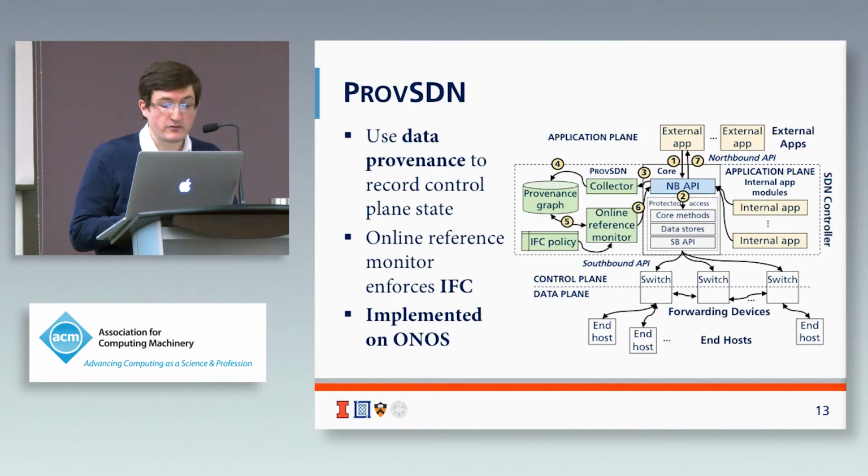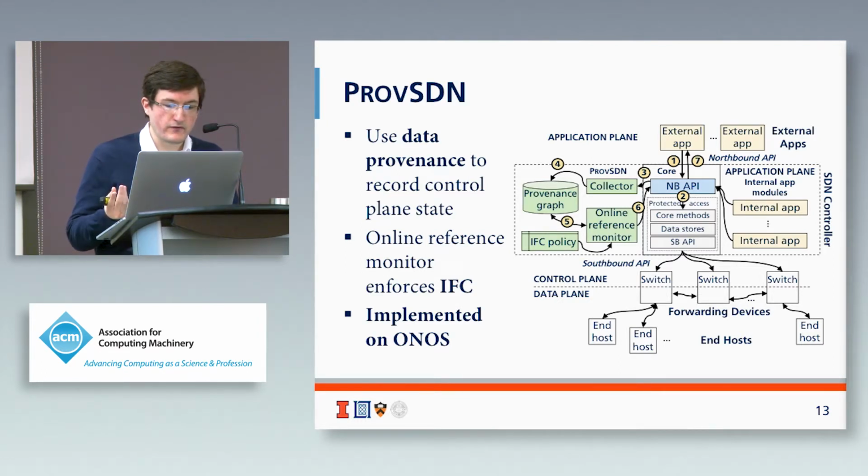To be able to implement information flow control, we implement a very simple model that has floating object labels and fixed app labels. So we assign different integrity labels to the various applications depending on what levels of integrity we assume that these applications have. And then as these apps read and write different data objects, those inherit the integrity labels that the applications have. The reason that we use provenance in this case is that it makes it very amenable to quickly search for determining what an object's integrity label is, essentially its path connectivity in the graph.